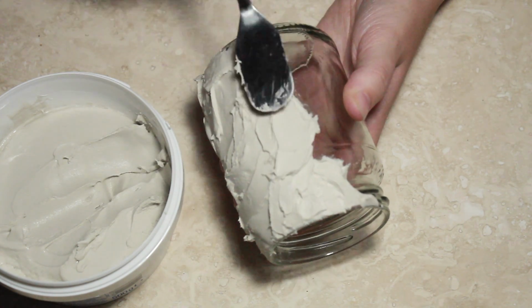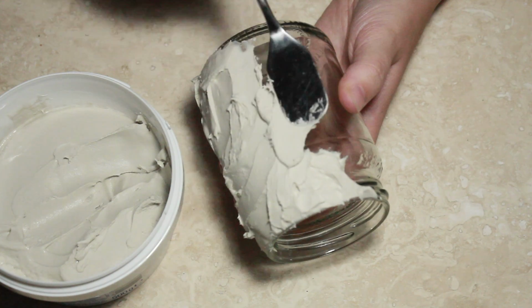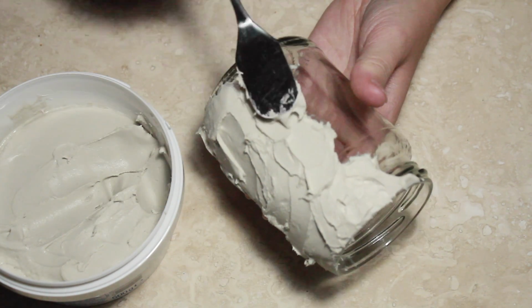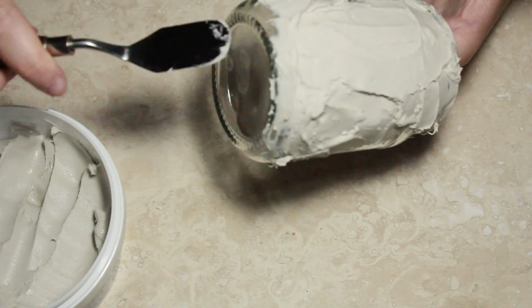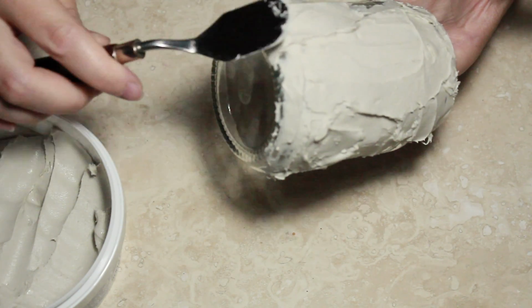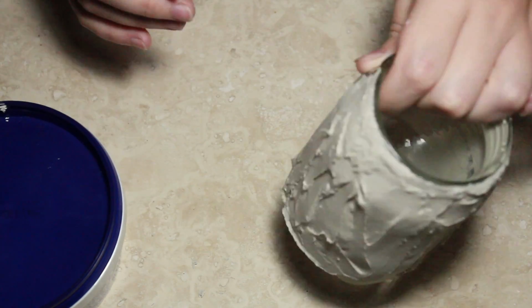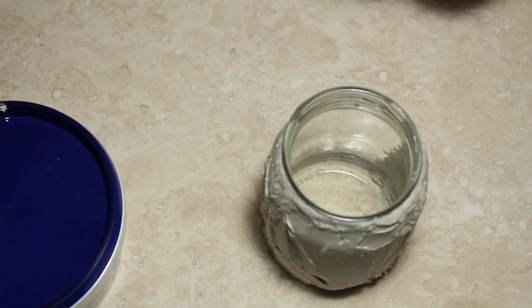Also, if you want to do something like have a candle inside this jar, you don't want to do that. Polyfiller is flammable, so it's fine if you're using it just as a decorative jar to hold pencils or paintbrushes, but if you want to have a candle inside, then you want to use something like regular plaster or stone powder. The first thing I'm going to do is cover most of it with polyfiller,